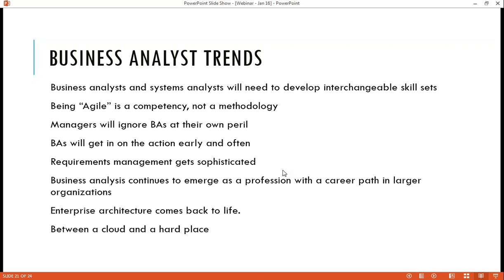BAs will get in on the action early and often. What that means is that earlier, the process they used to follow was that the customer will give the requirements. The requirements will come to the project manager. The project manager will give the requirements to the BA team. The BA team will then understand, ask the questions, do the requirements, and then hand it off to the